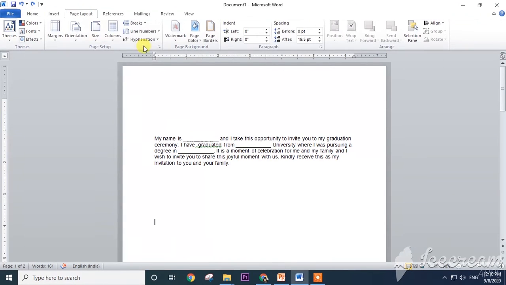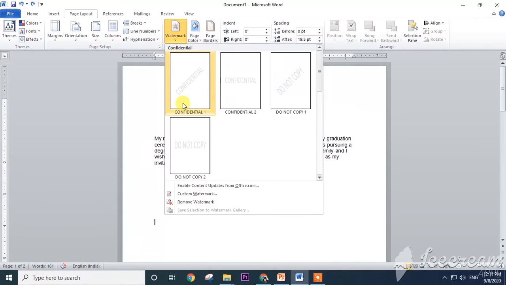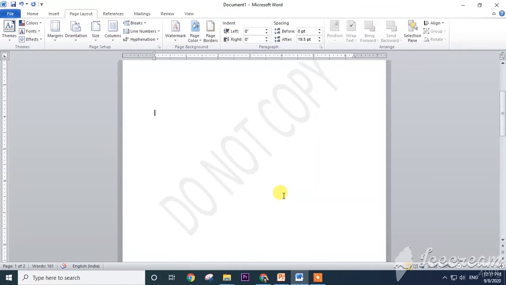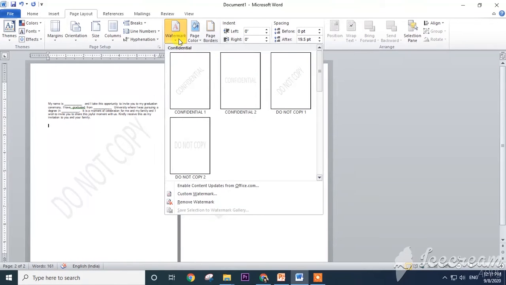Let us see the steps to place the page watermark. Click on the Page Layout option, and there is a Page Background group and there is a Watermark option. Click on that watermark. You can use the sample watermarks. Click on the examples below. See, I selected Do Not Copy. If you observe here, Do Not Copy came in the background, the text is in the front, and the watermark is there. Click on Watermark and a dialog box appears.